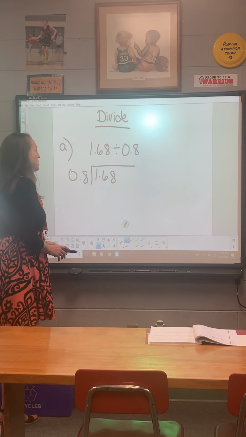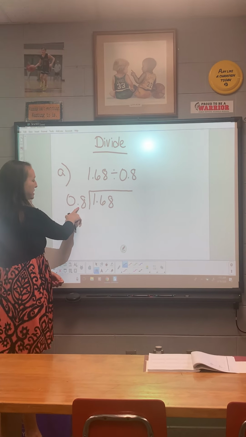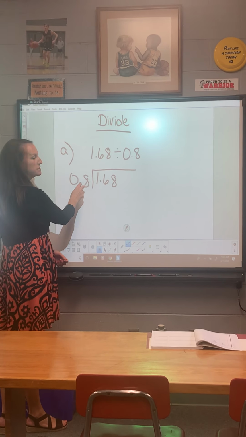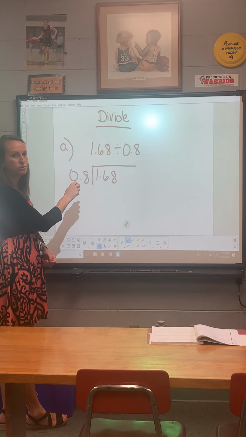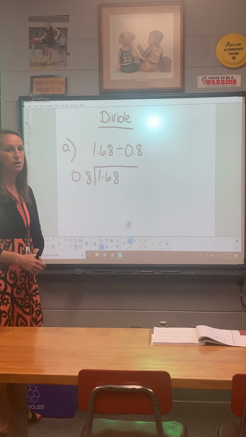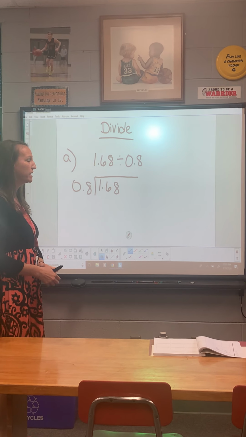All right? So very first thing we do, since we have decimals on the outside, we know that's not allowed. So we need to turn this decimal into a whole number. So we should know, if you remember from a couple weeks ago,